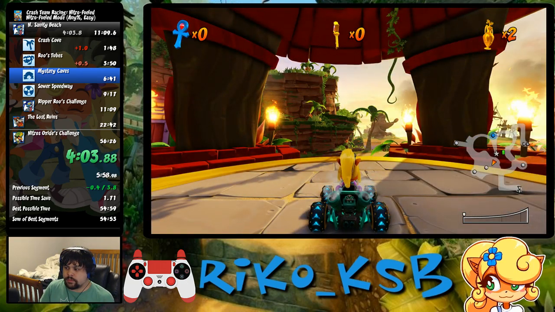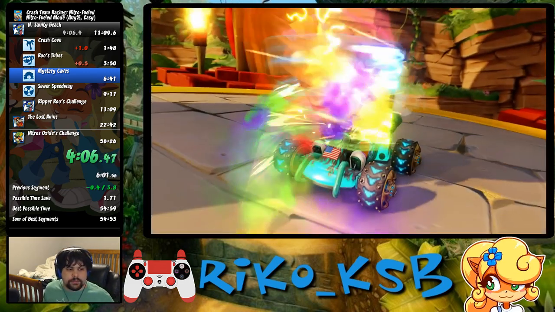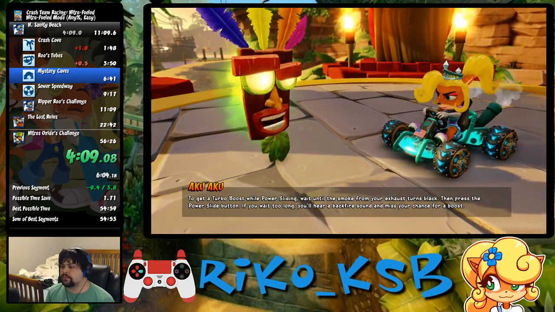Congratulations, you win a trophy. To get a turbo boost while power sliding,